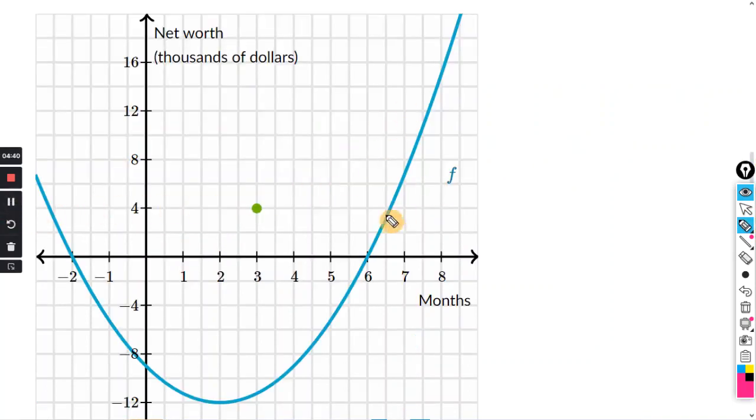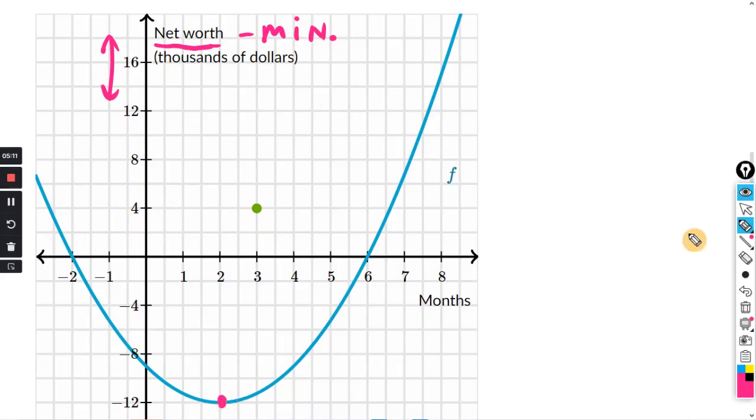All right, so let's look here. We see on the y-axis, that is the net worth. Okay, so how high up or down the graph is determines the net worth. All right, because that is on our y-axis. And they want us to find the minimum. Okay, so that's pretty simple. We can see the minimum or lowest point on this parabola